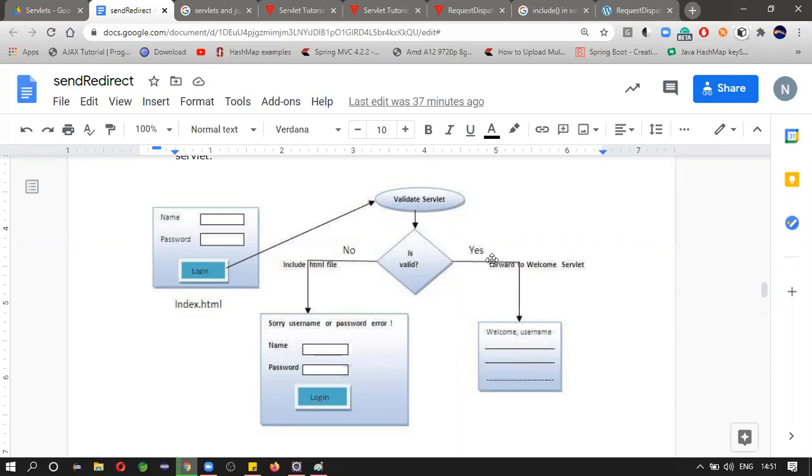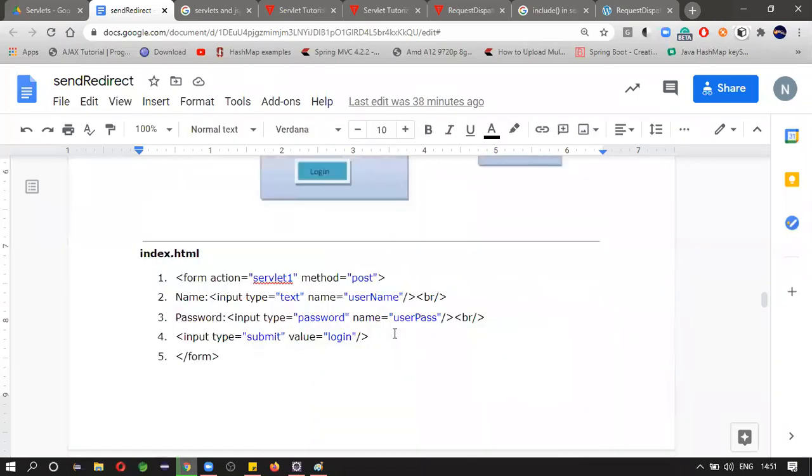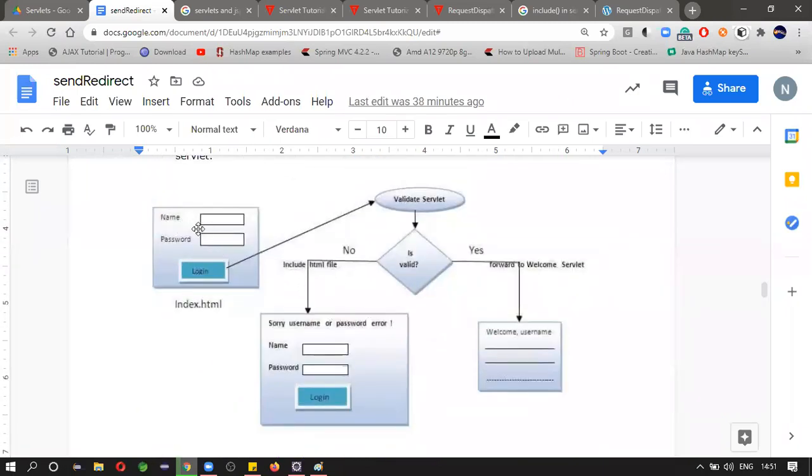We will forward him to another servlet, means a home page or something else. If it is not, what we are going to do is we will generate the same login form and create some error message like username and password is not correct. So for that, we need to create a form servlet and one more servlet to perform validation.